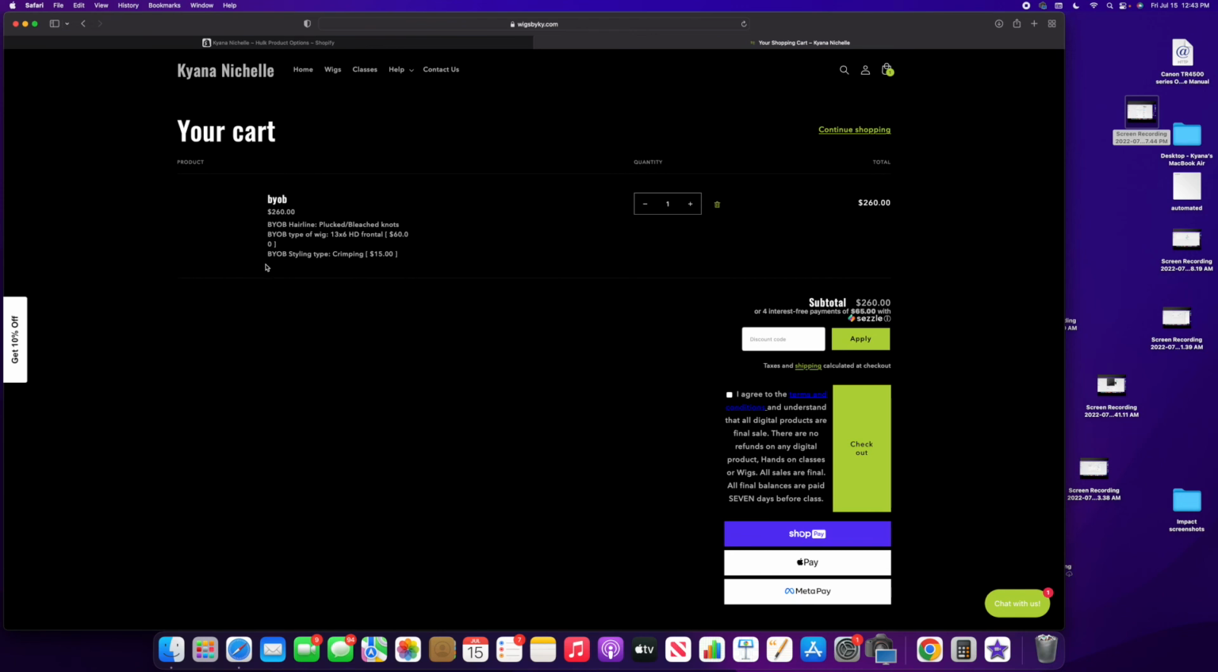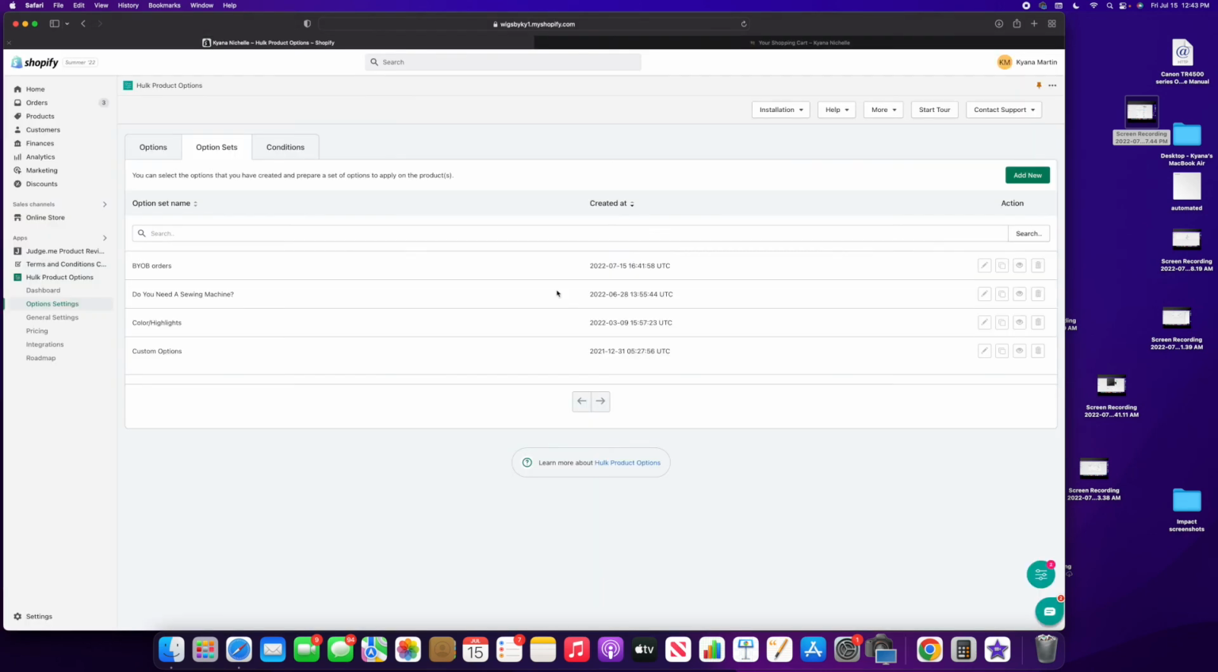Okay, that is how you do a BYOB. That's how you use the Hulk product options. This is phenomenal. Okay, so you don't have to figure out all of that extra stuff. Just go ahead and download this app. Okay,